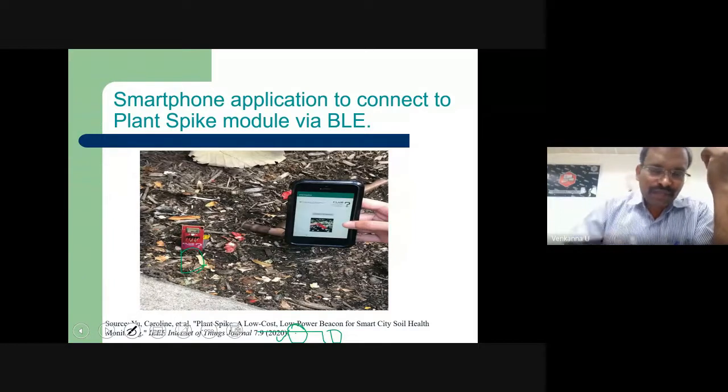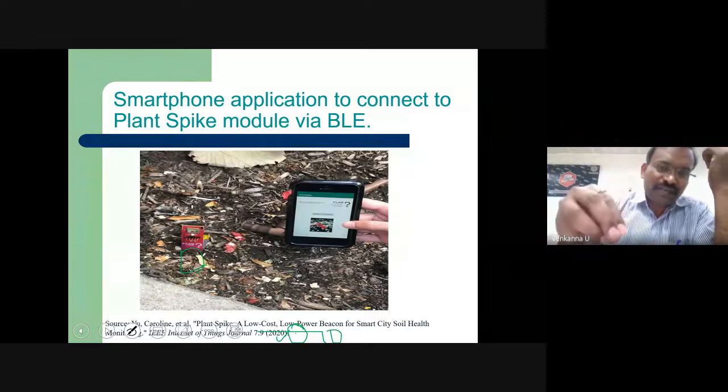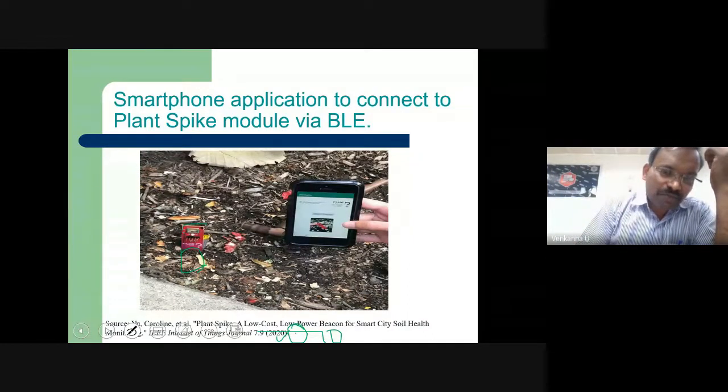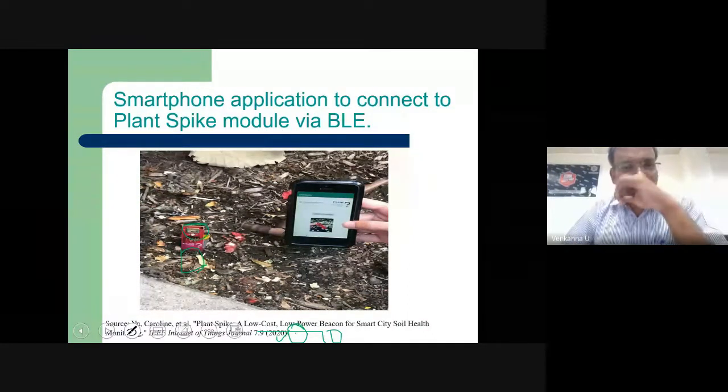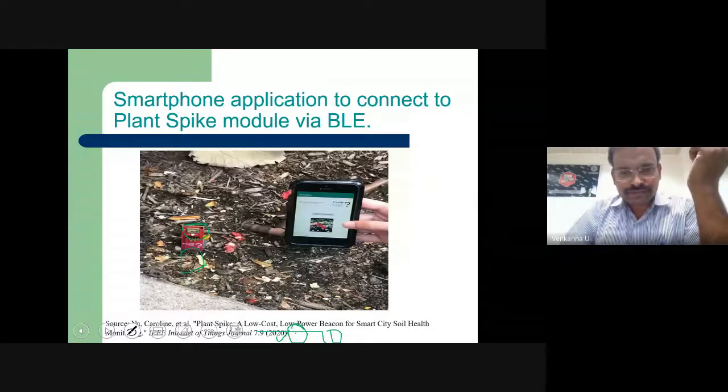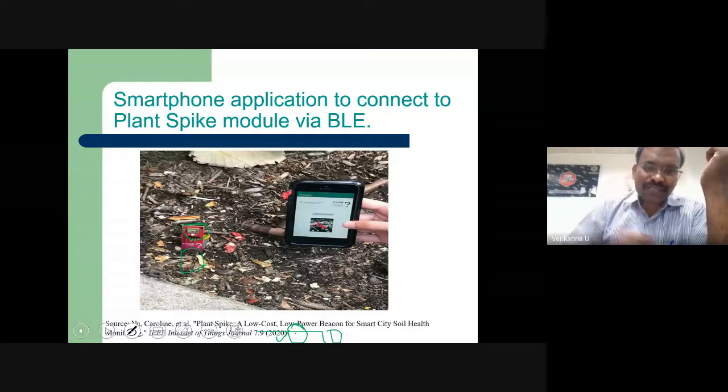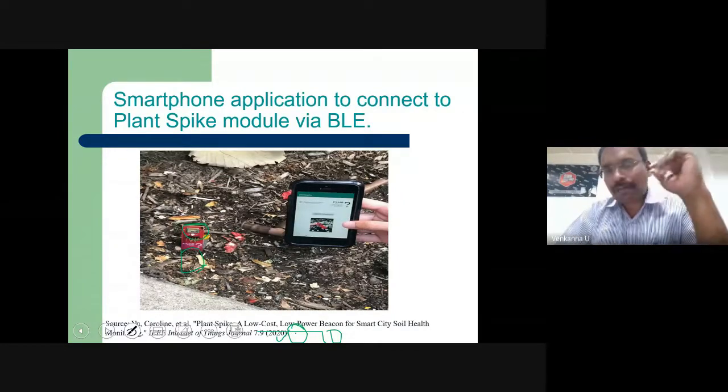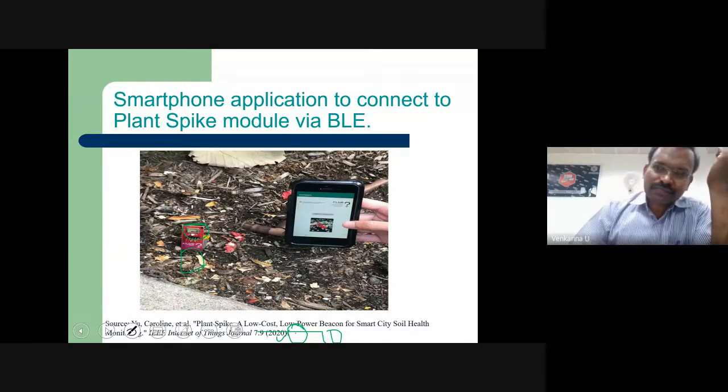He developed the soil moisture sensor, dug it into the field, and attached a communication module called Bluetooth on top of it. What is the problem with soil moisture sensors right now?